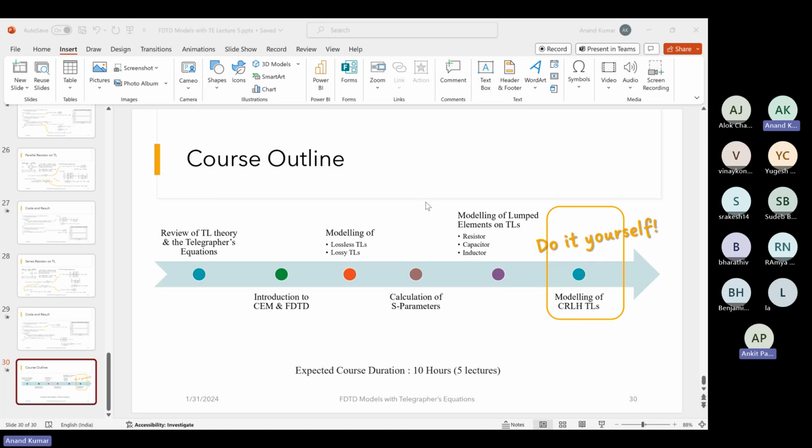Sure. And one more thing, definitely. Yes, Anand, one more thing. I'm working on FDTD for the last 5 years, but I still have not mastered calculating S parameters of antennas and filters. Would it be possible to do something like a patch antenna and calculate those using FDTD? Yes, but